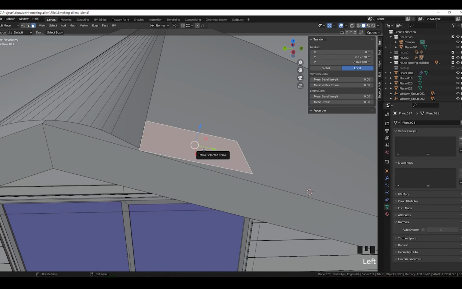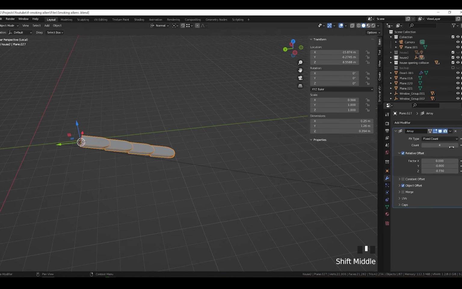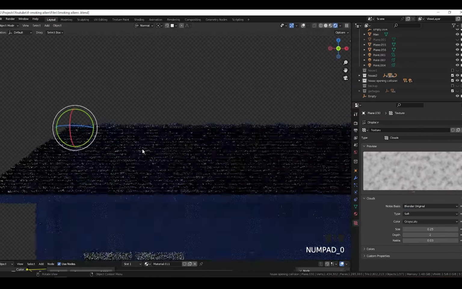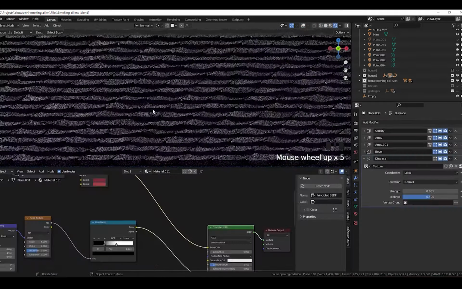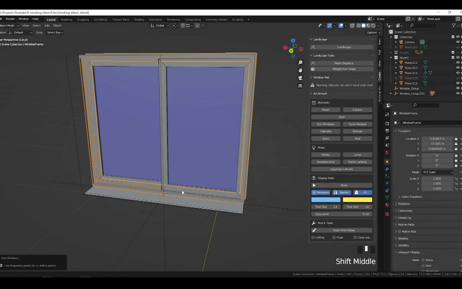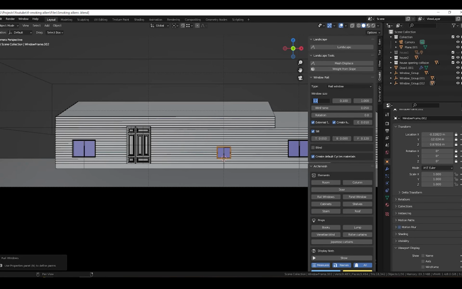Making roof tiles is easy. Just model one of them and add 2 array modifiers to cover the roof. By adding a noise map to the displacement modifier, it can look more natural. You can add a bevel before the displace, but it makes the viewport laggy. This time I decided to put away my architectural knowledge and use the Archimesh add-on, which comes with Blender. It has more details and is easier to use.